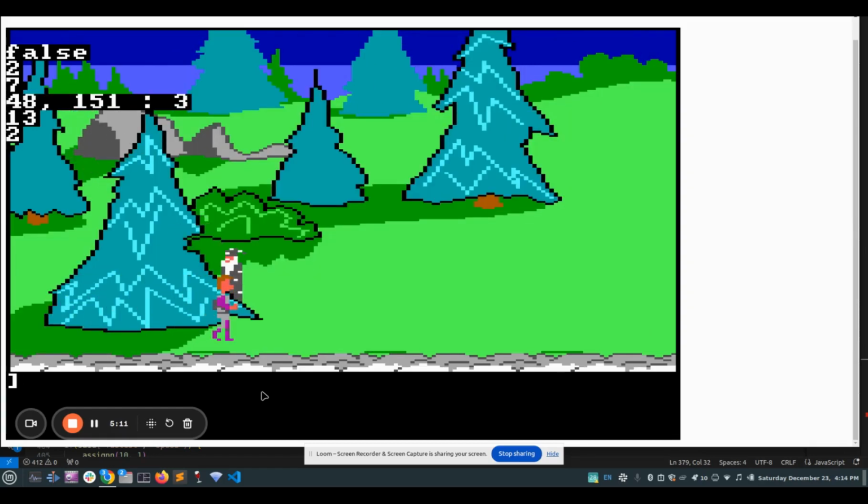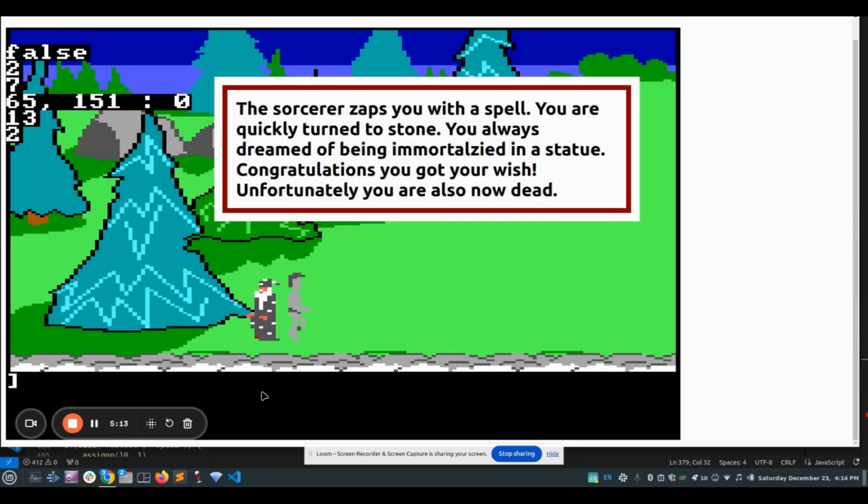There he is. And boom, it says, the sorcerer zaps you with a spell. You've been quickly turned to stone. You always dreamed of being immortalized in a statue? Congratulations, you got your wish. Unfortunately, you are also now dead. And that's it. I had the sound off, so we actually didn't get the death march there, but we should